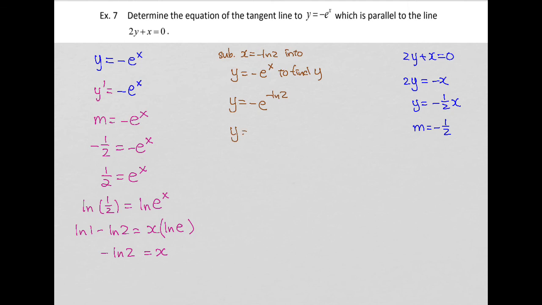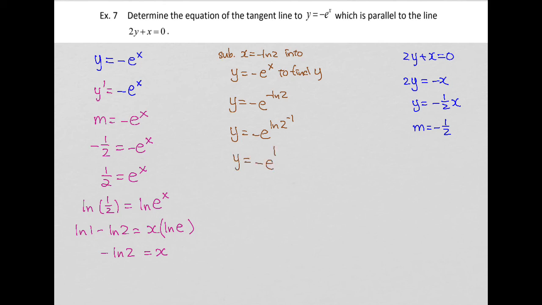And let's bring the negative sign back into the exponent. Because of the property of log, I can put this negative 1 back onto the exponent. And then you will see y equals negative e